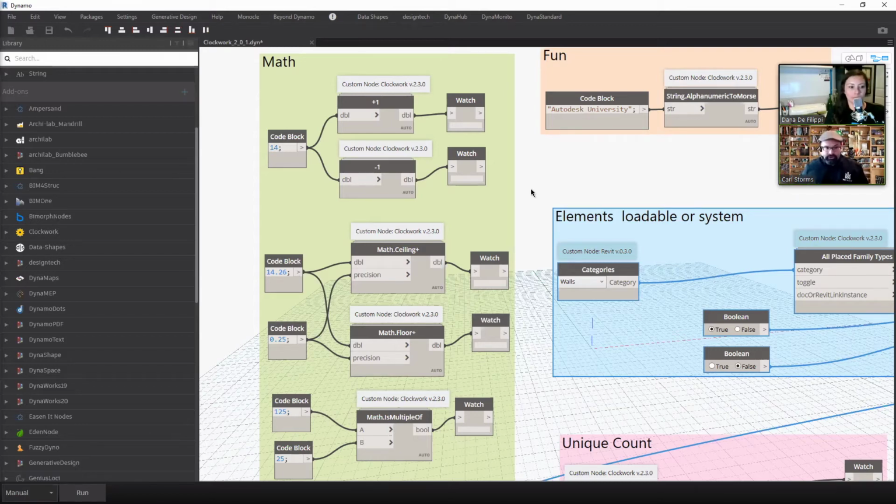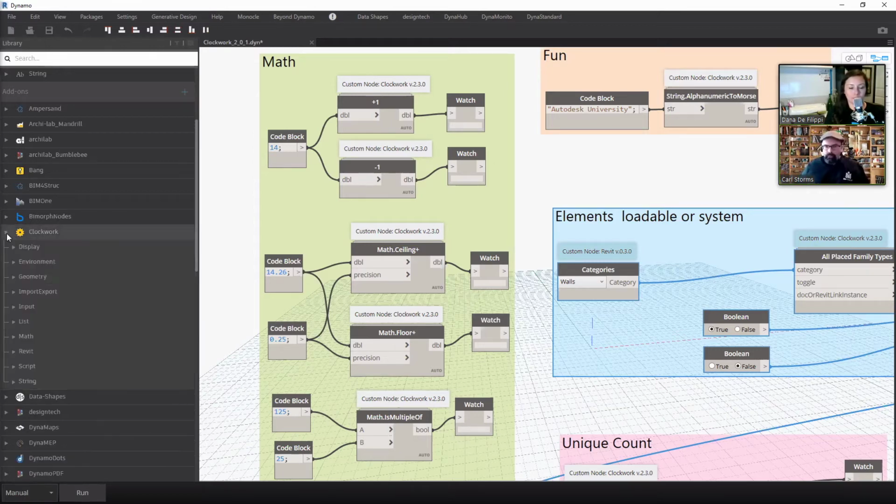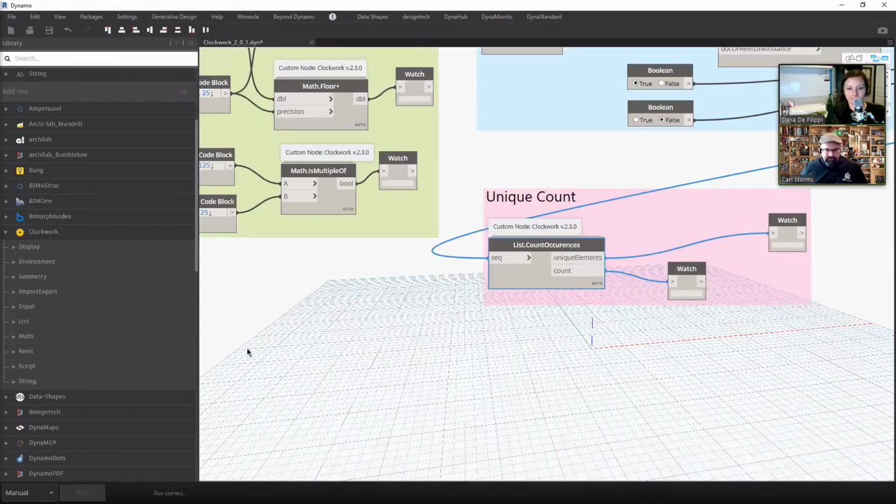As far as the cool and fun stuff inside of Clockwork, again, I think we're up to around 400 nodes in there, so clearly we don't have time for that. But a couple of simple ones that we really like, for those of you that do any sort of programming outside of this, the fact that we have the ability to have a math ceiling and a math floor. So it allows you to choose how you want to round up and round down your numbers, as opposed to just the default 0.5. So I have a number of 14.26, and my precision is 0.25. So if I go ahead and run that,